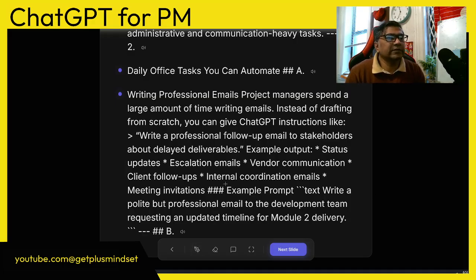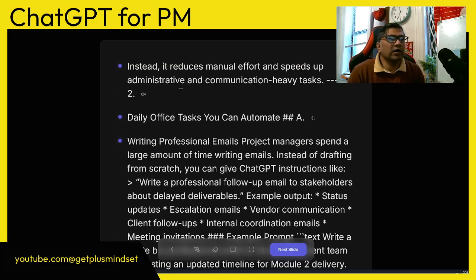So here, let me share more details on how ChatGPT can make your life easy. First of all, you are giving some administrative tasks to ChatGPT, like the communication kind of things, and you are focusing more on the strategy kind of thing. So for example, it can write a long email in a very quick time,